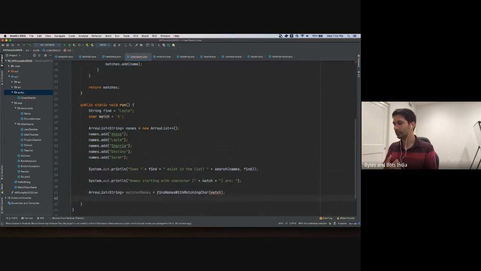Now we need to print it. There's an error which says expected two arguments but found one. Yes, we did not pass in the names. We did not pass in our data set. So now that satisfies the condition. So let's print the contents of matched names. For that,